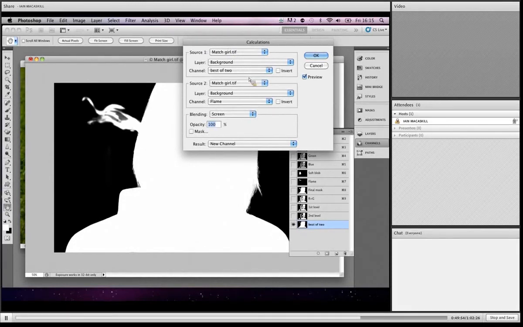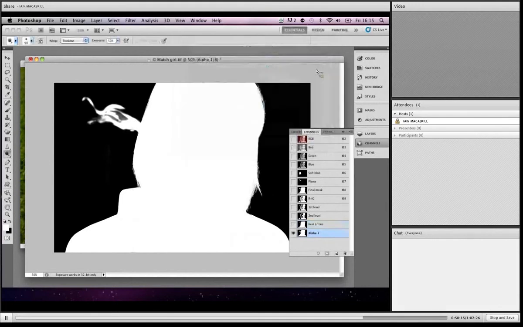Linear light. Pretty good. Not much work to do in the background, not too much work to do in the foreground. And in fact, between vivid light and linear light, there's not a great deal to pick between them. On vivid light, the dog is slightly lower contrast. It probably doesn't matter very much which I choose. Now, if I OK that,